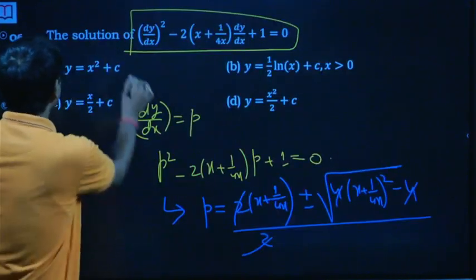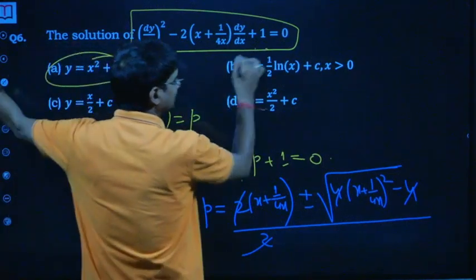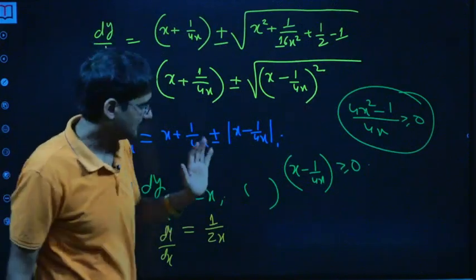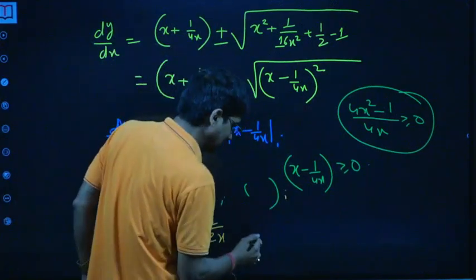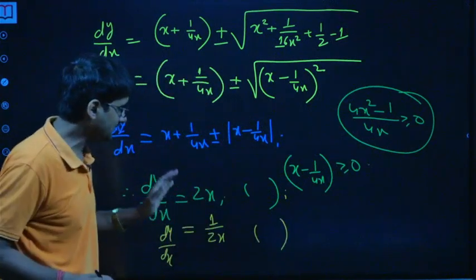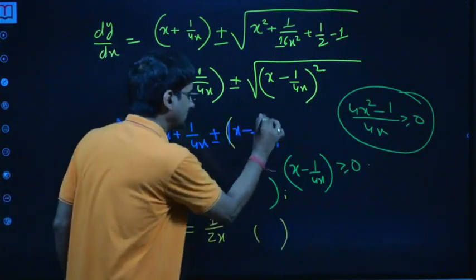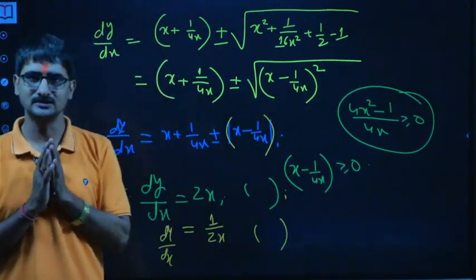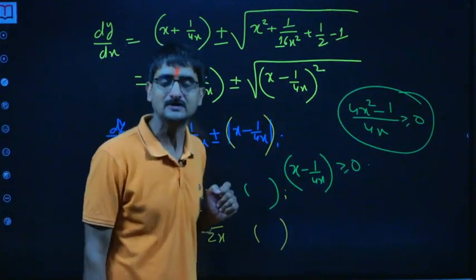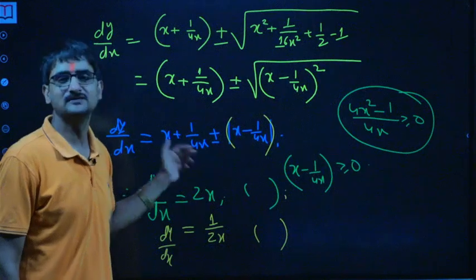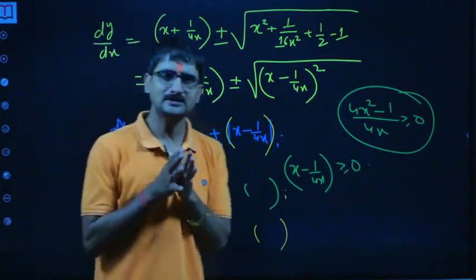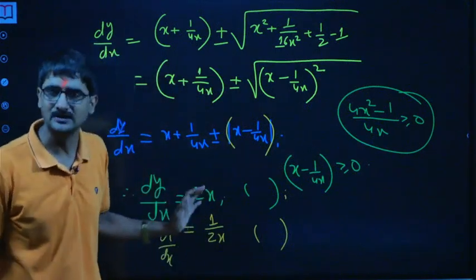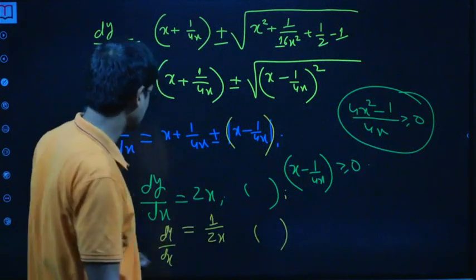So x square plus c1 is this, and half ln x is this. So that should be the answer. As I said, don't think that I'm in a hurry. The point is, if I remove this mod, then also we are going to have positive negative sign depending on the condition, whether this is positive or this is negative. In any case, there is a positive negative sign. So in any case we are going to get 2 cases for sure, so we can directly go ahead and write it. That's it. So chaliye, we got it.